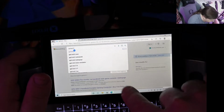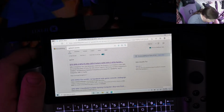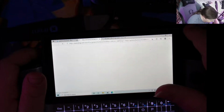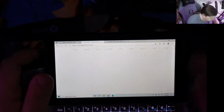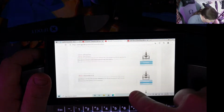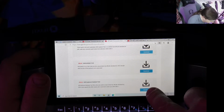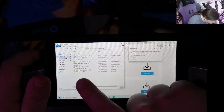GPD Win. Download. Download. There we go. And this is gonna be something stupid, I know. Oh wait, GPD Win download. Firmware. Download this. Wait, do I have this already downloaded? Because I'm just like... Yeah, no, I already have everything. Okay, so...